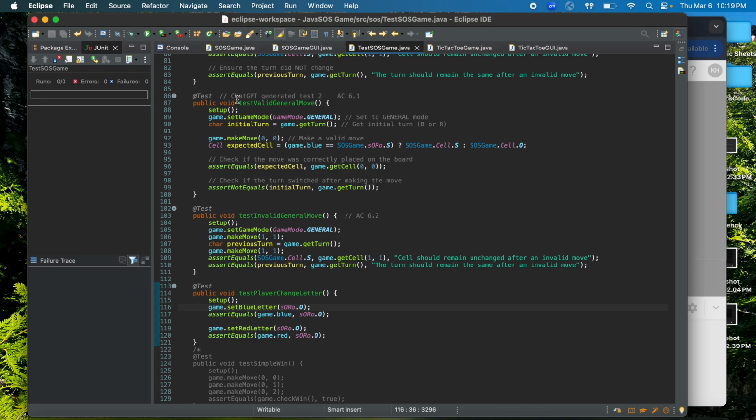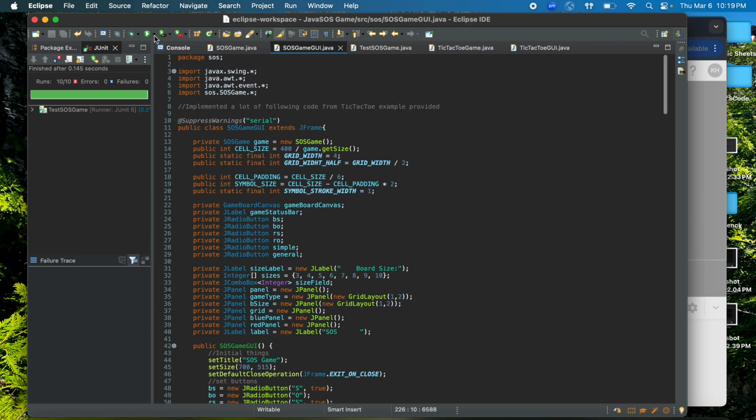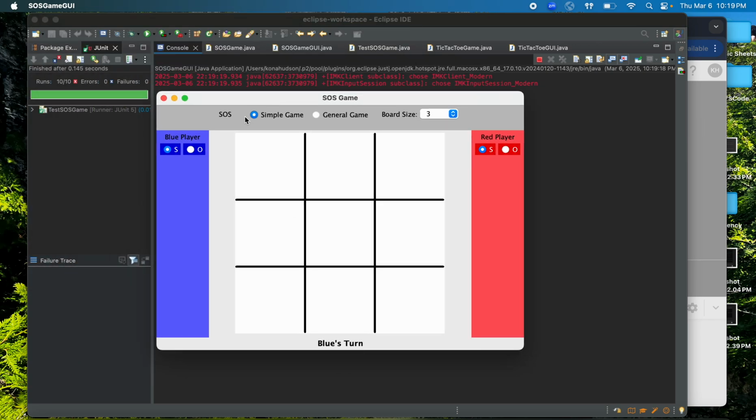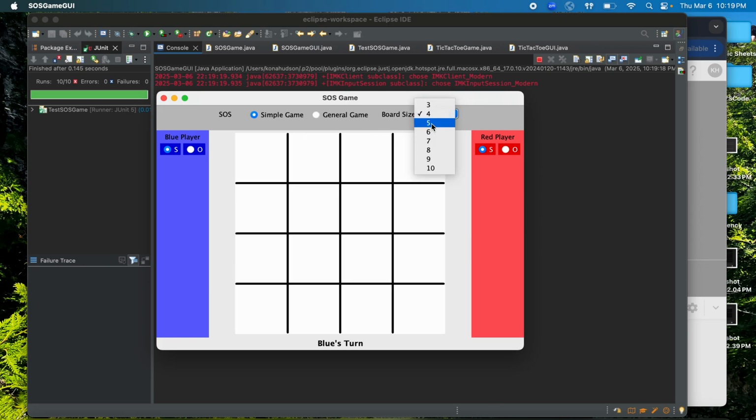So let's go ahead and run my code here for this. So the game opens up. We have our options at the top for a simple game, a general game, and to choose the board size. If I select general game, it gets rid of the selection on simple game and vice versa. The board size, I can choose anywhere from 3 to 10, and as I click them, it updates the board